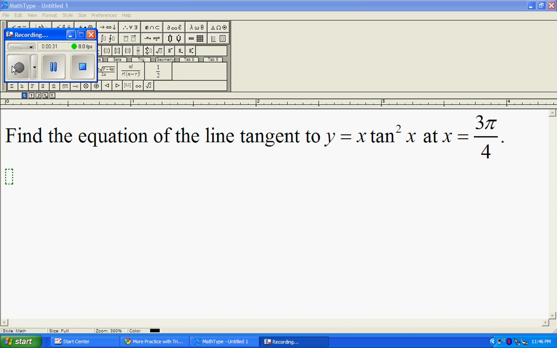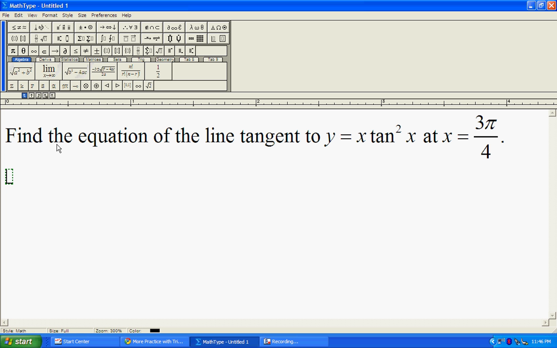So we're going to start the problem by finding the slope of our line, and to do this we're going to differentiate our equation. Now when we differentiate our equation, we need to make sure we apply all the rules that we've learned so far. Because this is a product of two functions, x and tan squared of x, we need to apply the product rule, which says